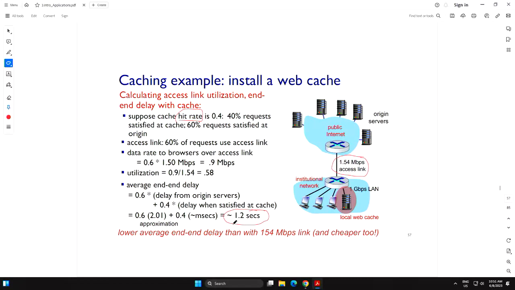Yes? Why are these applications only used for institutions? Why haven't you used it like public? Why are they institutional, why are they not public? If it's within your institution, then you get the microsecond delay. If you have to go to the public, you have to go out the access link, and that's where the bottleneck is. So why aren't there caches as part of the internet to reduce that? Why don't we have caches in the internet?